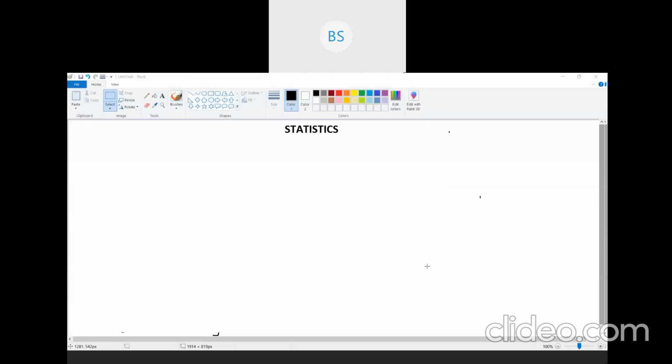Now the histogram question will be for 4 marks, where you have to represent the data and find out the mode. And the Ogive curve question, that graph question, comes for 6 marks, where you have to find out the median, upper quartile, lower quartile, or the questions related to it. So these two questions are fixed, and these are scoring graphs.